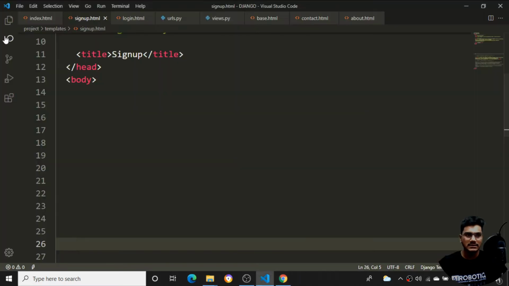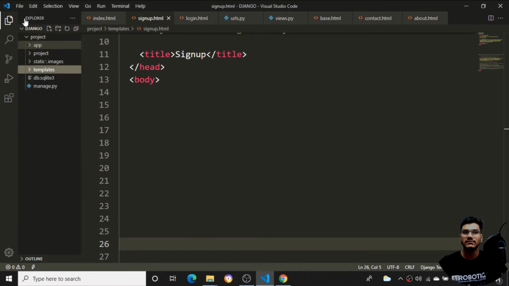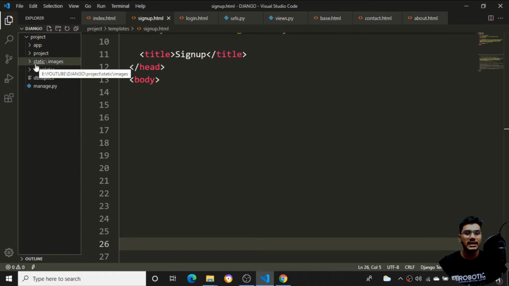I need to add a background image now. So how I can add it is, first you need to have some images. Just save the images inside your static folder. You can see it should be in the same fashion. When I close all the folders, it should be there, and it should be named static only.